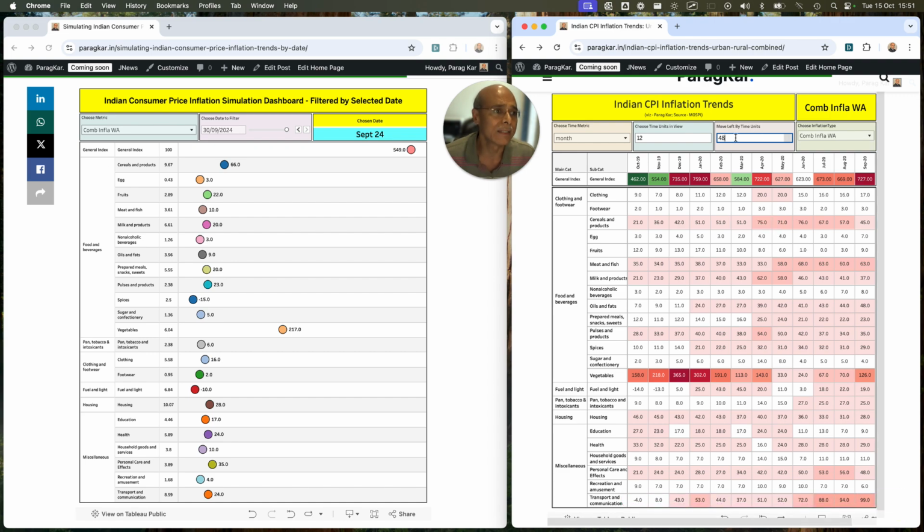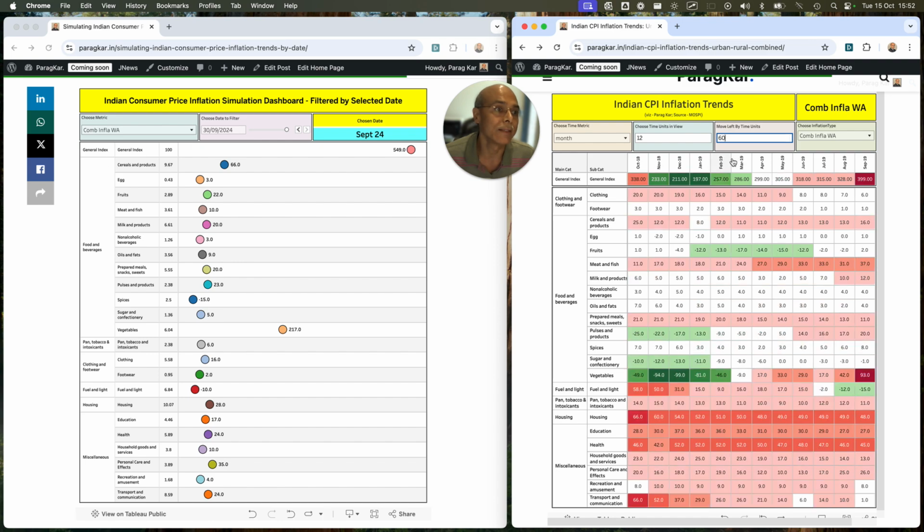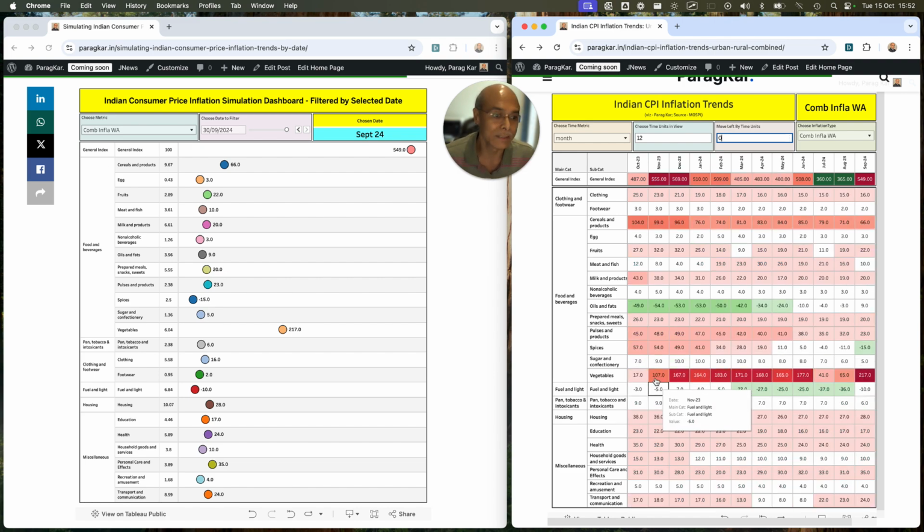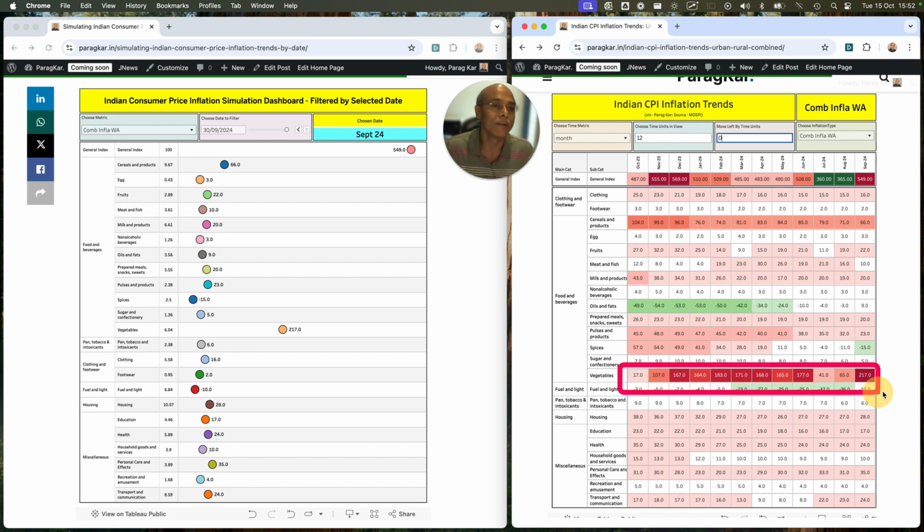So in a nutshell, what I'm basically trying to tell you is, let's go 60 months back in time and see how the inflation has changed over that period. You'll find that as the inflation was low, vegetable was invariably low, right? And whatever was contributing was other ancillary items like housing, health, transport and communication. But vegetable was not an issue. The vegetable issue is a recent phenomenon. So if I come back to today's time frame, you will find that our inflation has become a vegetable driven inflation. Simple as that.